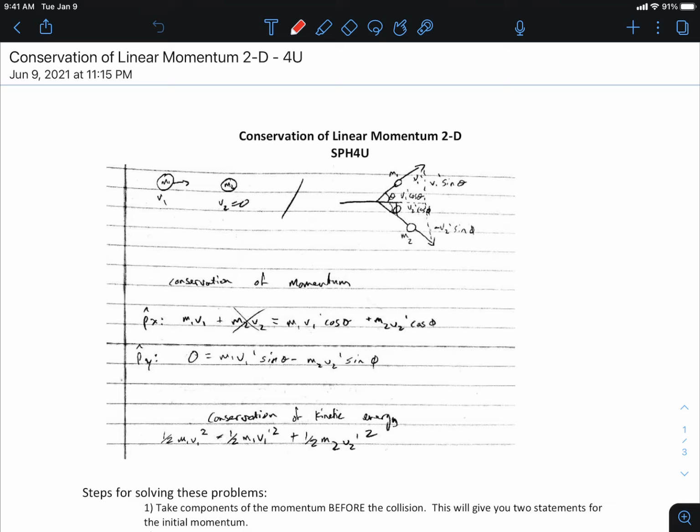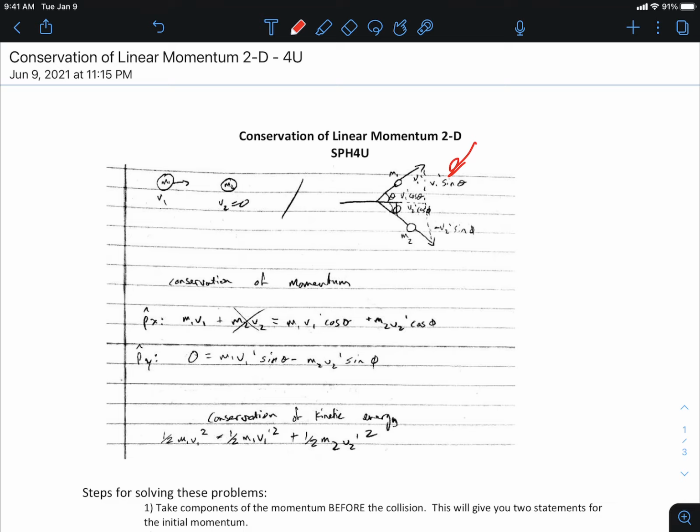Okay. And much like yesterday, we can also conserve kinetic energy for elastic collisions, right? So the ones that look to be happening here in this particular question, right? Inelastic collisions, you remember yesterday, were collisions that hit and stick together, and then the masses move together, because energy is not conserved there. Okay, so